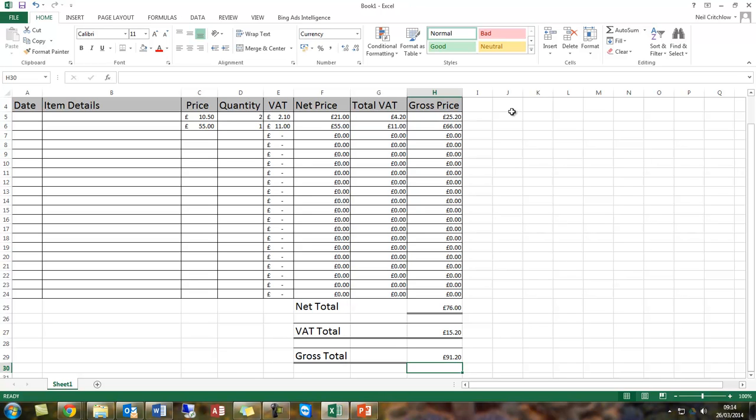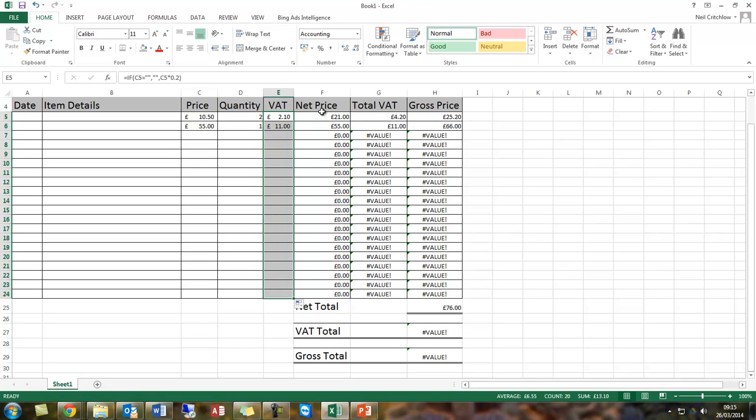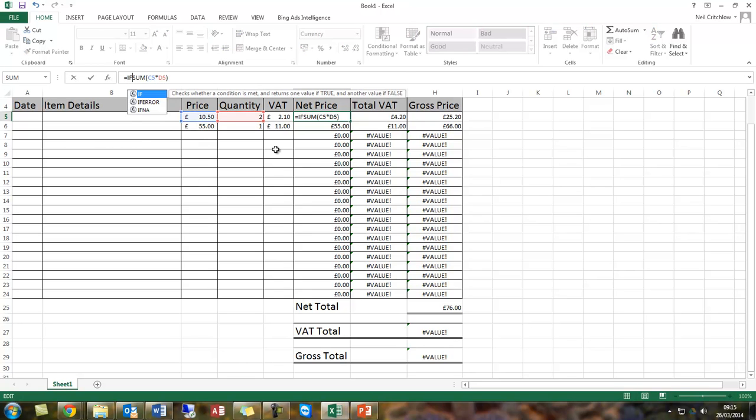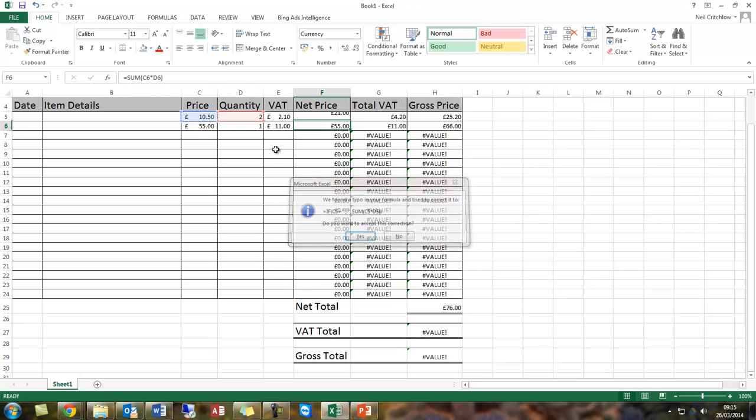If you want to make it a little bit neater, I'll just show you quickly. If here we type equals if, open the brackets, and we say this C5 equals blank, then blank, otherwise do our formula. And now if we drag that all the way down, okay, that gets rid of all them. If I do the same here, so equals if, open the brackets, if C5 equals blank, then blank, otherwise do our sum, drag that down as well,